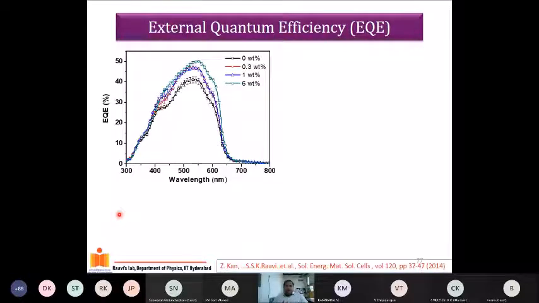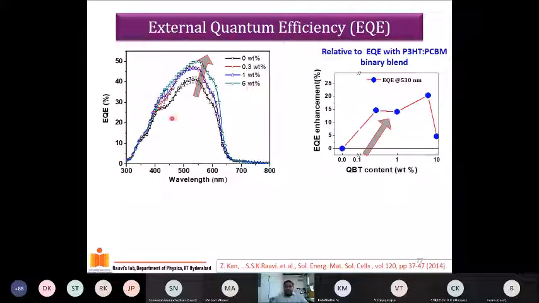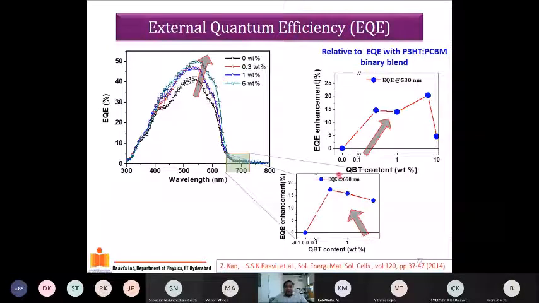I want to bring out the aspect of EQE here. As I mentioned to you, as we increase the QPT concentration, you look at it here. This black one talks about the EQE of the PTHD PCBM. Okay. Now, as you increase the QPT concentration, see what happens. There is an increase in the overall EQE. Apart from that, there is an increase in the small region where the PTHD PCBM was not absorbing, but only the QPT is absorbing. So in this region where you don't expect any, that's zero EQE from PTHD PCBM and a finite EQE for the place where the QPT is absorbing.